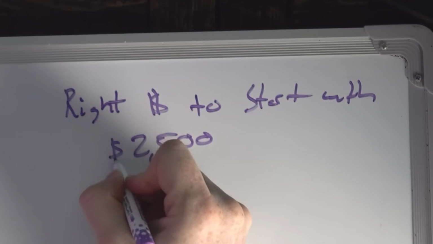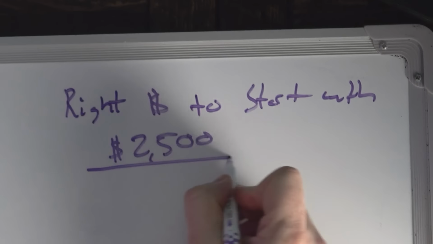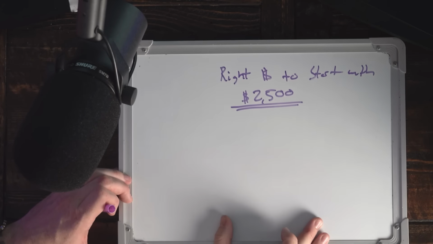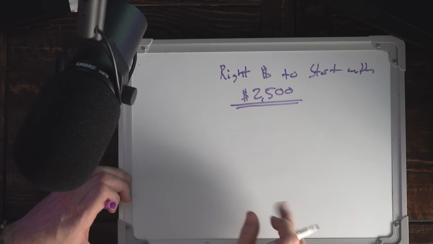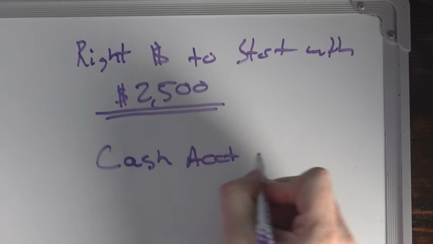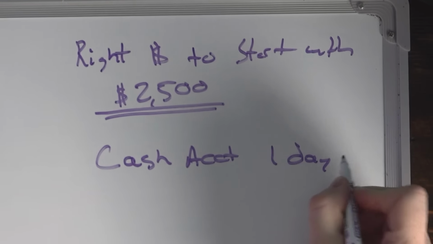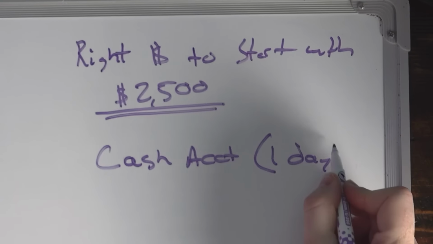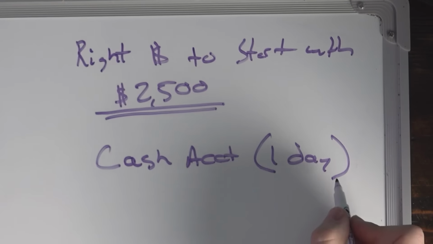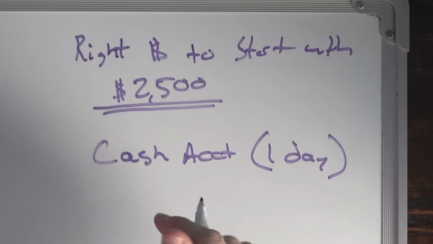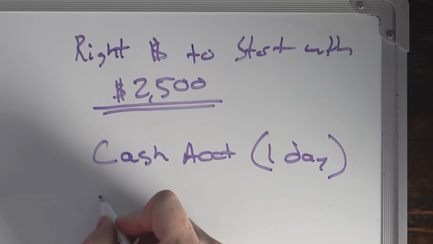Now, you could go a little higher or a little lower if you want, but I'm going to make an argument for $2,500 approximately. And this is how I'm going to lay it out. I would encourage using a cash account with 1-day settlement. So, of course, you don't have to choose the settlement, but today, this is more in parentheses, currently has 1-day settlement. And what I would encourage you to do as a beginner trader is to trade with between